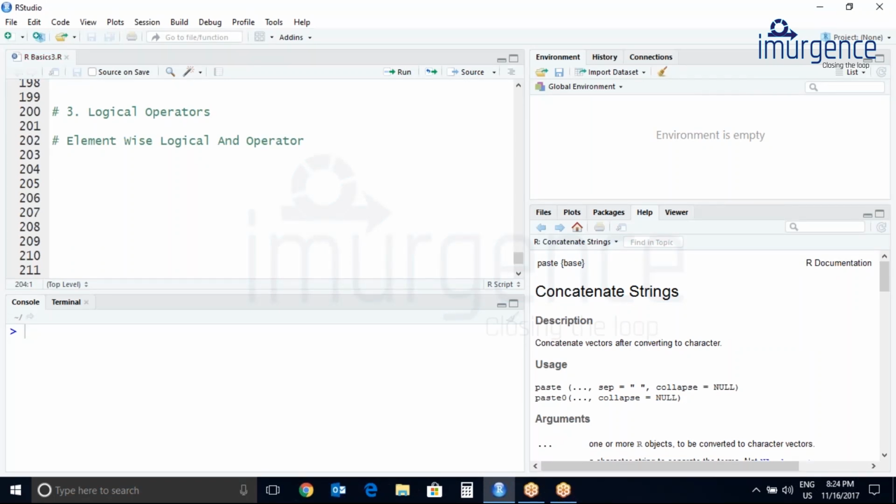So this operator is valid only for vectors of type logical, number or complex. All the figures which are greater than 1 are considered to be the logical value, that is true. Let's try.